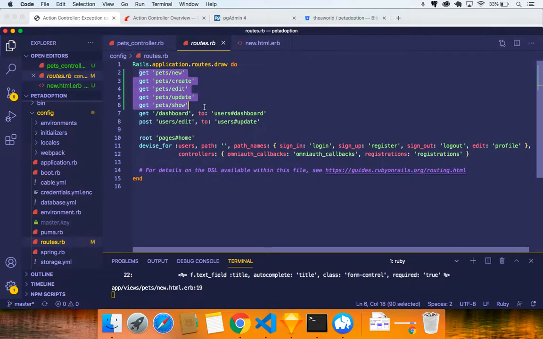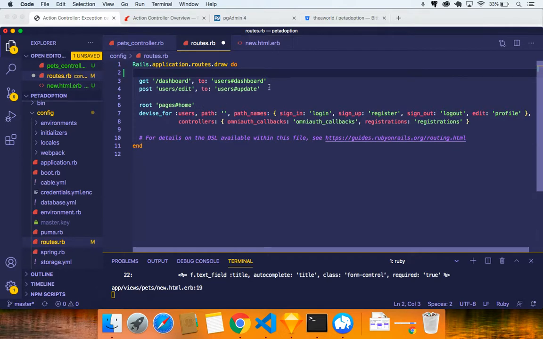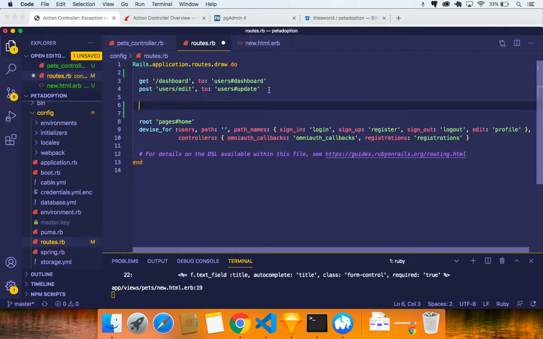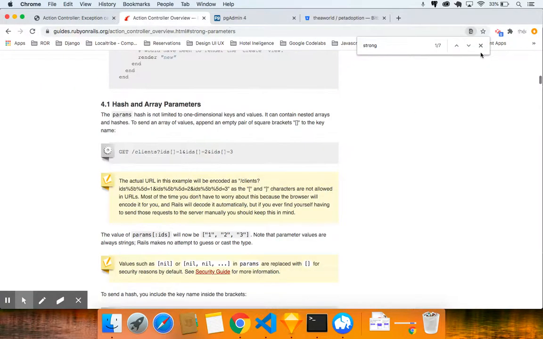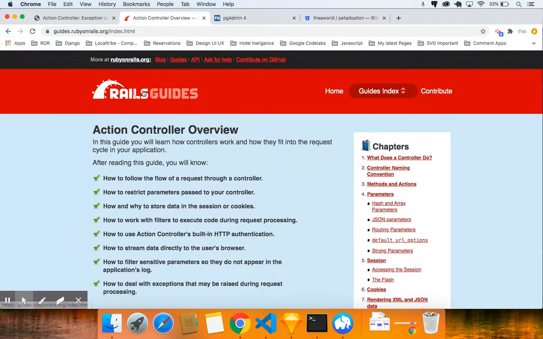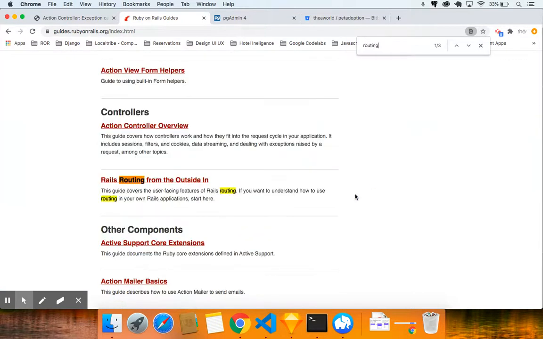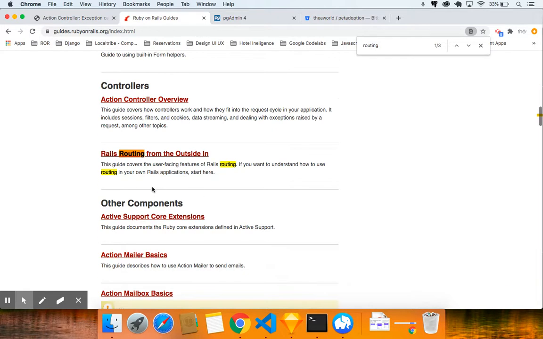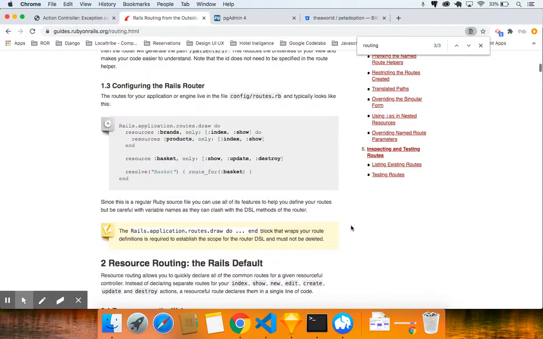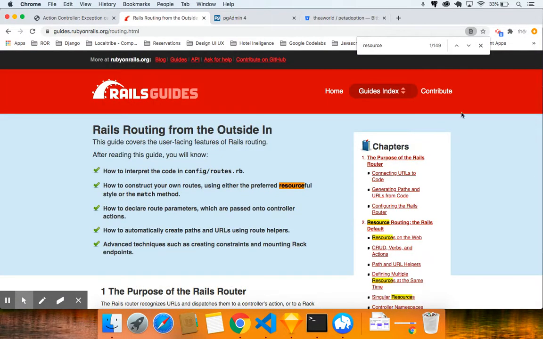So what you want to do is actually delete all that. You want to just delete that, come over here, anywhere actually, it's fine. But you want to do resources, resources pets actually. Resources, you can find that right here. If you click here and you come to Rails guides and just do routing, Command F, routing, just click on routing. And you'll see resources, Command F, resources,